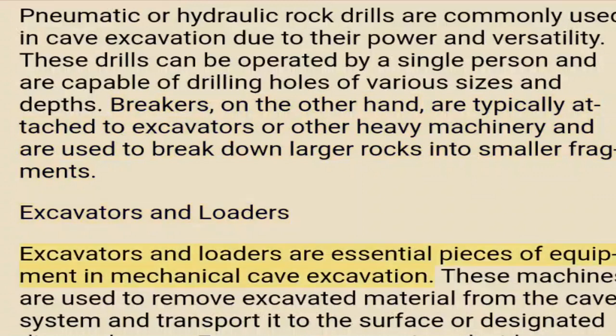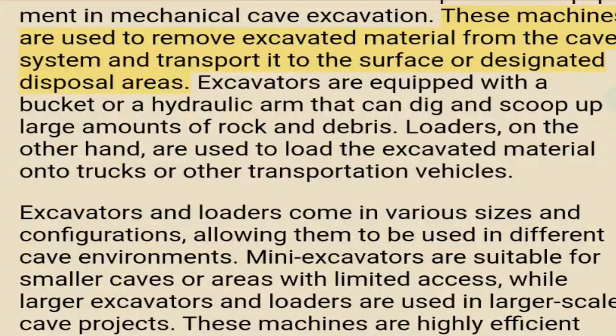Excavators and loaders. Excavators and loaders are essential pieces of equipment in mechanical cave excavation. These machines are used to remove excavated material from the cave system and transport it to the surface or designated disposal areas. Excavators are equipped with a bucket or a hydraulic arm that can dig and scoop up large amounts of rock and debris. Loaders, on the other hand, are used to load the excavated material onto trucks or other